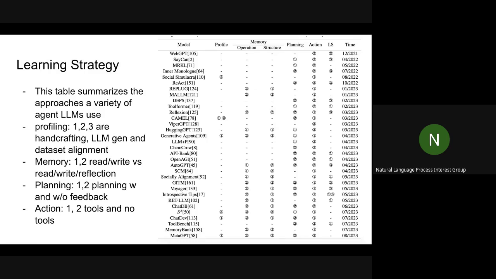And then planning, yeah, planning with or without feedback. So you see there's a lot with feedback now. And then the original ones like Merkle, Toolformer, HuggingGPT, Generative Agents, LLM+P. Some of these, yeah, they didn't actually have any feedback. And then action is, can it use tools or no tools? So I guess depending on the paper, right? Tools or no tools makes sense. And then learning strategy, I don't